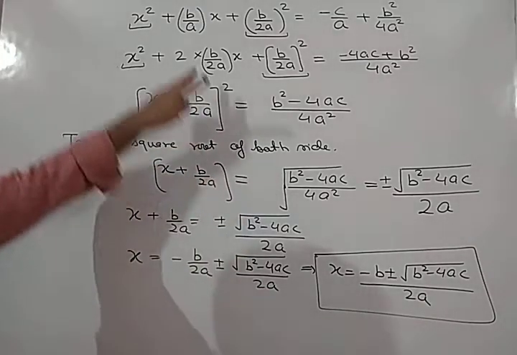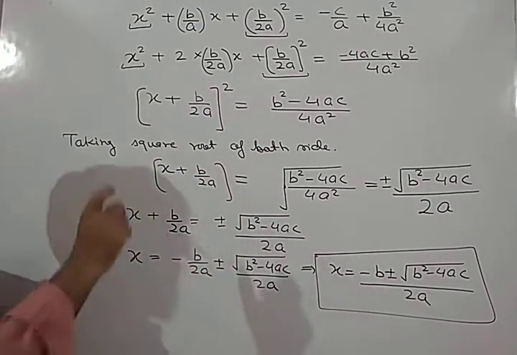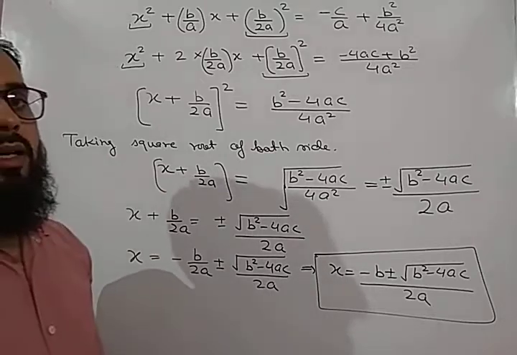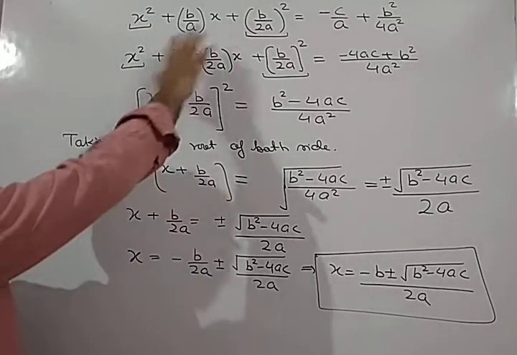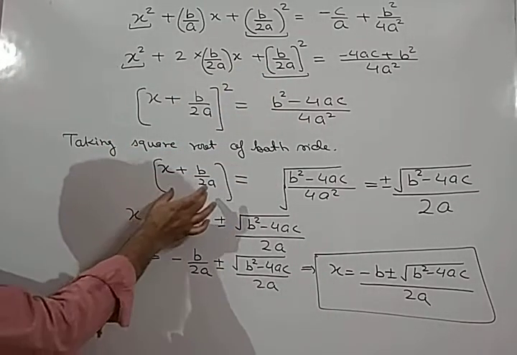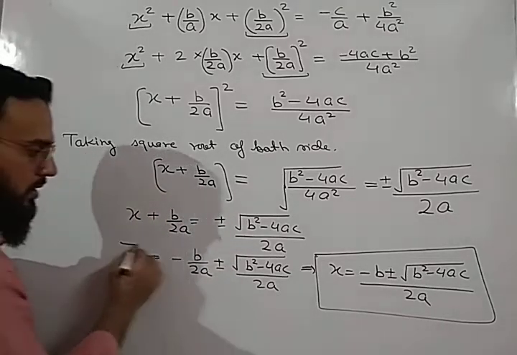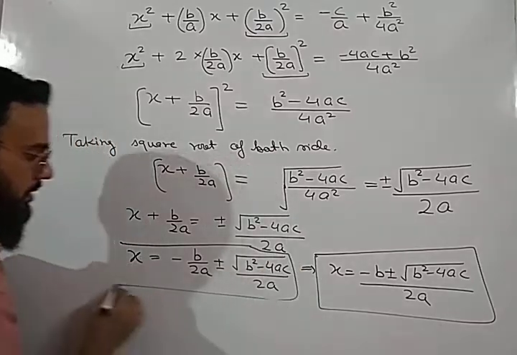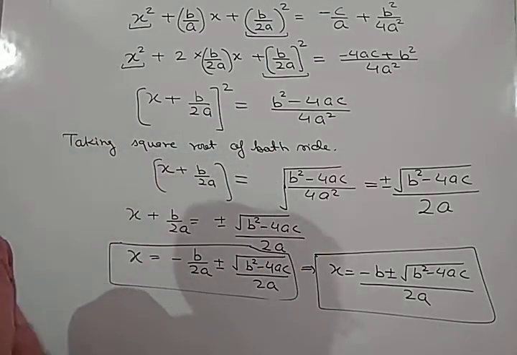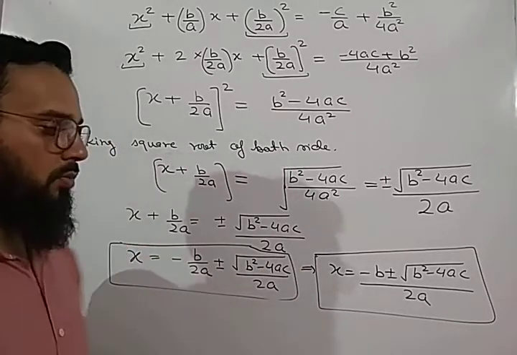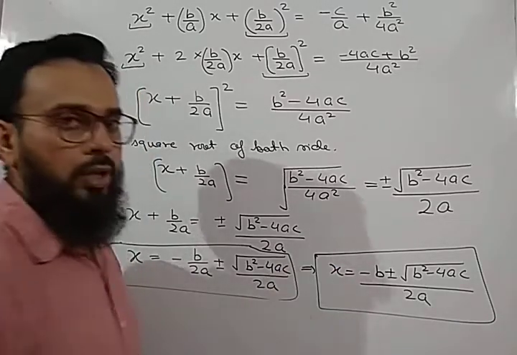Okay, so this is the method of completing the square. If you are given to solve the question by the completing the square method, then you will follow this complete method, move up to this step, and then find the value of x from this particular step. And this is a general formula also. This formula is known as Sridharachar formula.